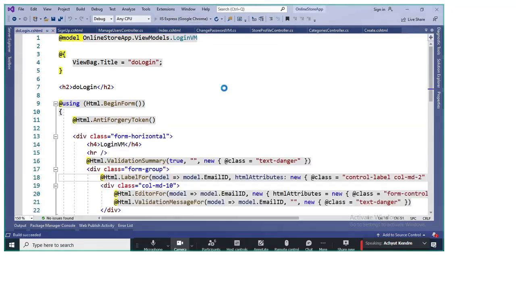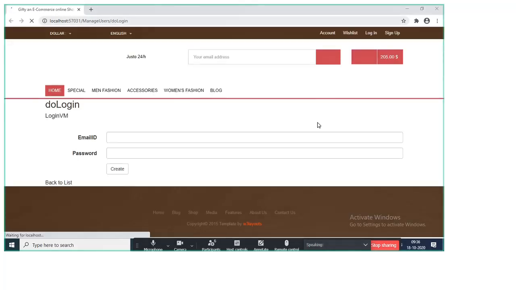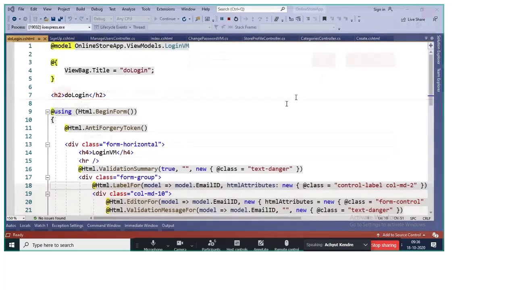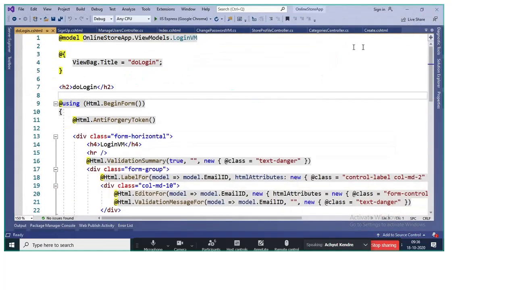At the first step, we'll try to check whether this sign up is working or not. By default, this DoLogin will have a different look and feel, so we do not want that. We'll change it later on. Go to sign up. Oh, sorry, we haven't linked it. So we'll link it. For that, we'll go to